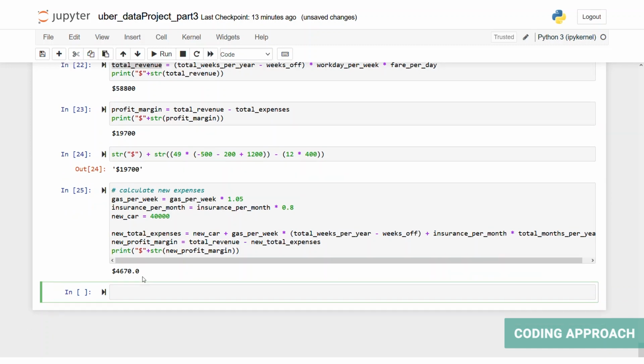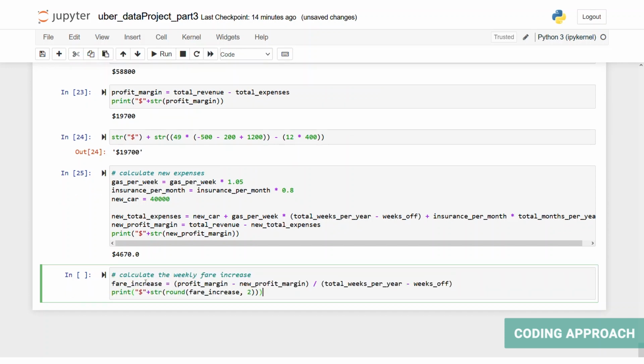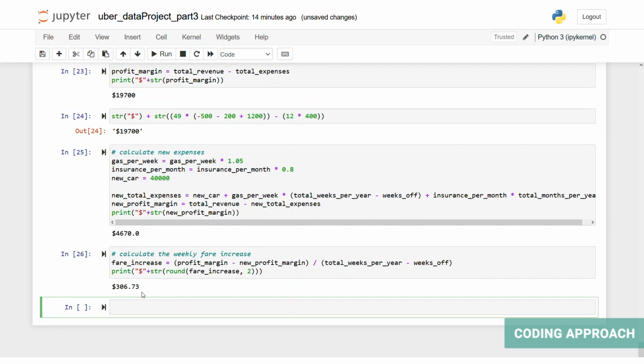$4,760. Now we will calculate the weekly fare increase that will make the driver earn the same amount of money as before and maintain the same yearly profit margin. So here's the code for that. So the fare increase can be calculated by taking the difference between the two profit margins and dividing by the total weeks per year minus the weeks off. And we're rounding it off to 2 decimal points, and we're converting that into a string and adding the dollar sign. So the answer is